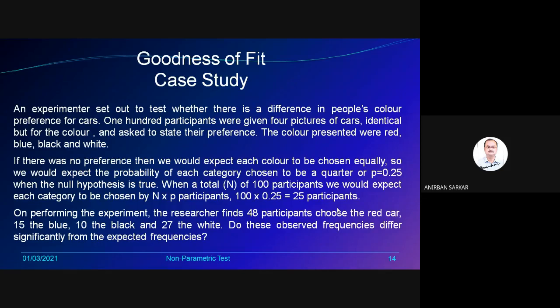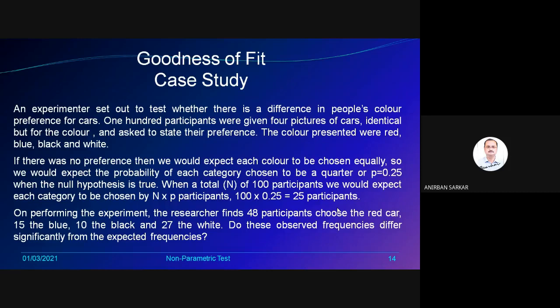So what was expected and what was observed? Expected was that there will be no preference, that is, the 4 colors, red, blue, black and white, would be chosen equally by 100 participants. Therefore, for each color, there will be 25 participants.